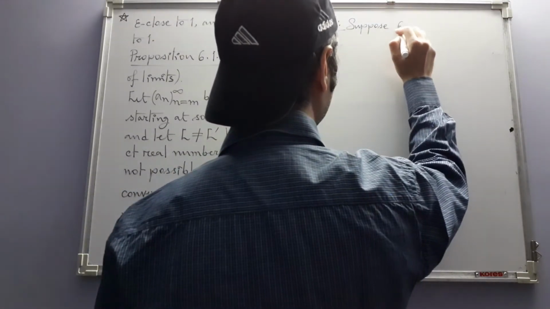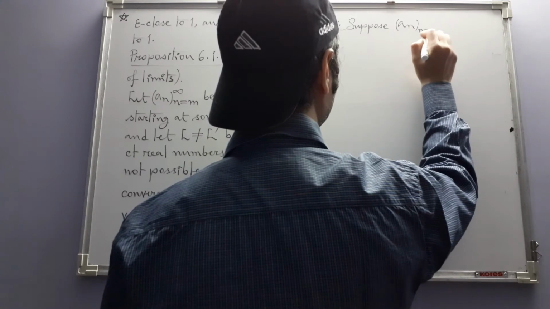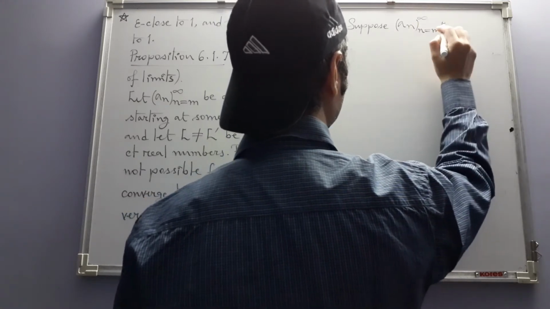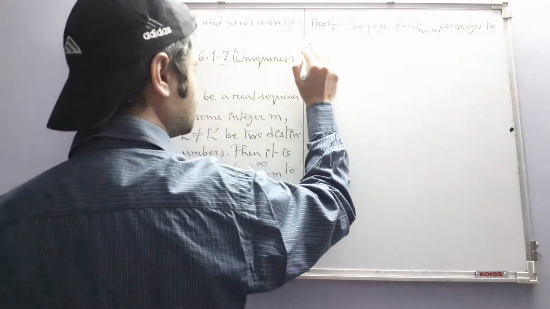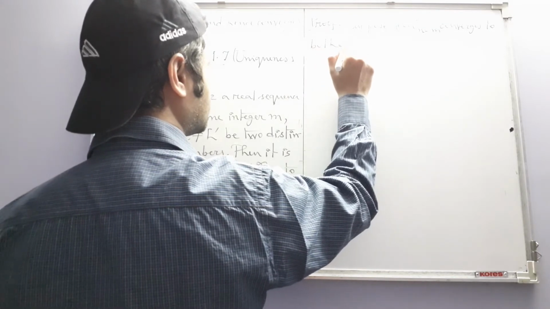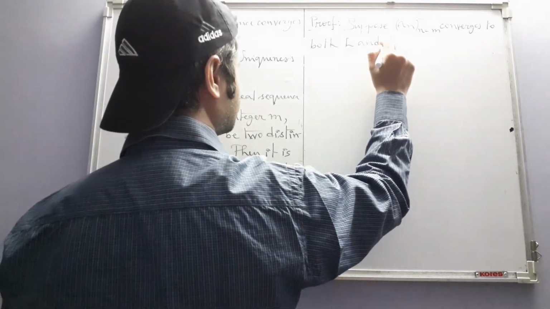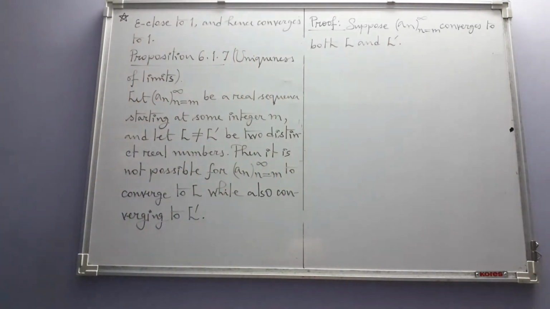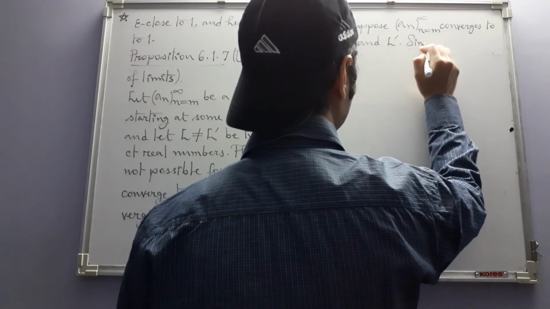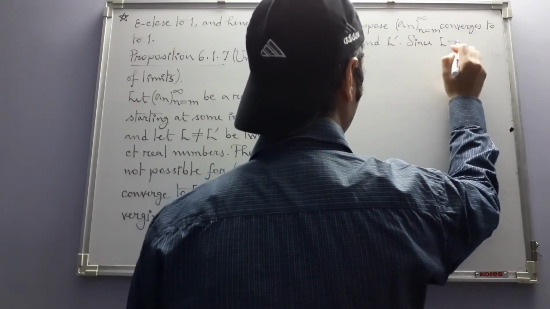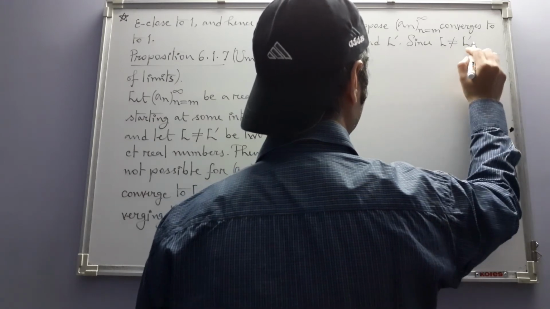Suppose a_n converges to both L and L prime. Okay, so that means a_n is convergent. Since L is not equal to L prime,